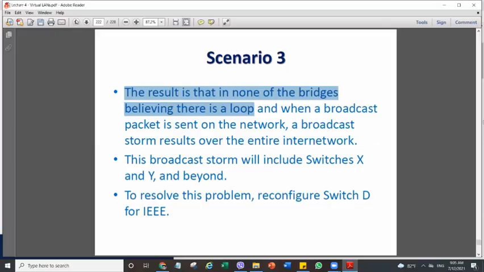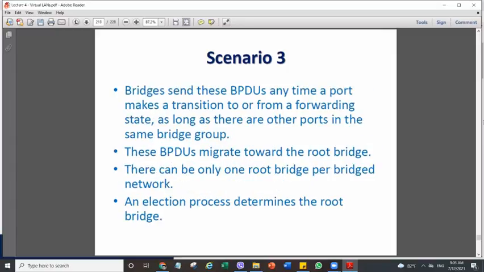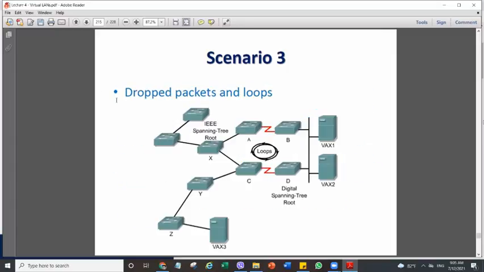So we will go back to that diagram and visualize the situation, as now we have some understanding of that diagram. This one is the IEEE spanning tree root. Then this one is the digital spanning tree root. This one. Then, if this is root for the digital spanning tree,